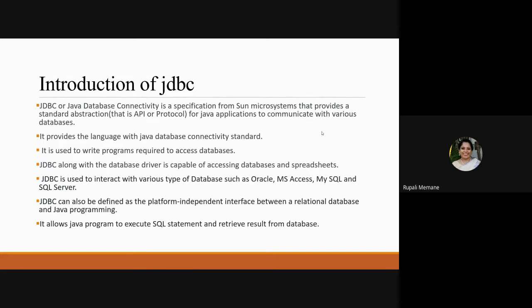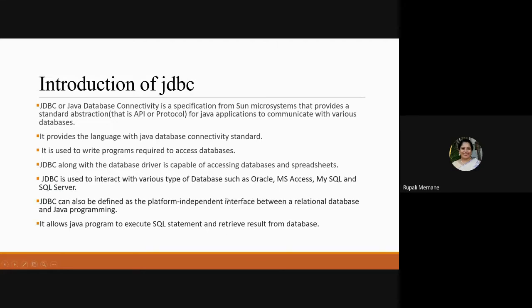But if I say I have a user interface form, I have created a form using Swing, and I want to access the database there, that time it is not possible because my Java is not connected to Postgre. So for that connection, I need a proper driver, right? So there actually the database driver comes into the picture, which is the part of your JDBC. Clear with this? So basically it is an interaction or communication between the database and the front end.